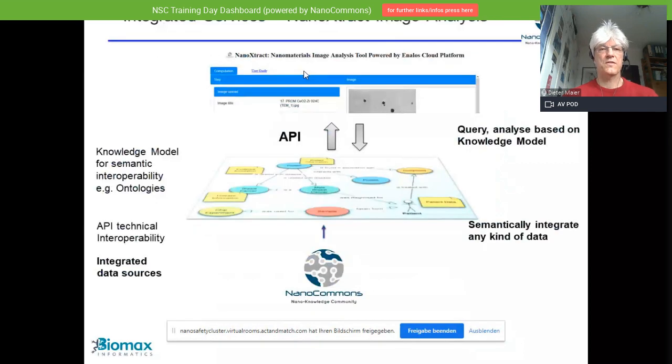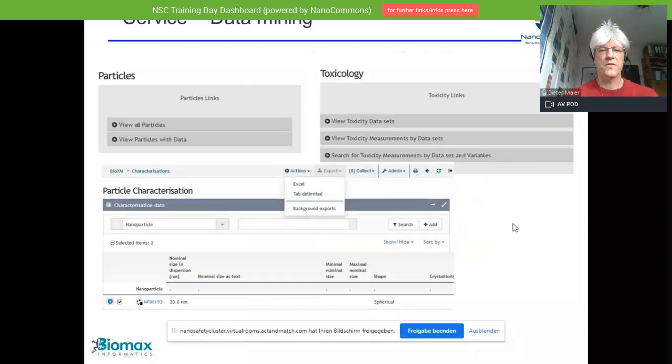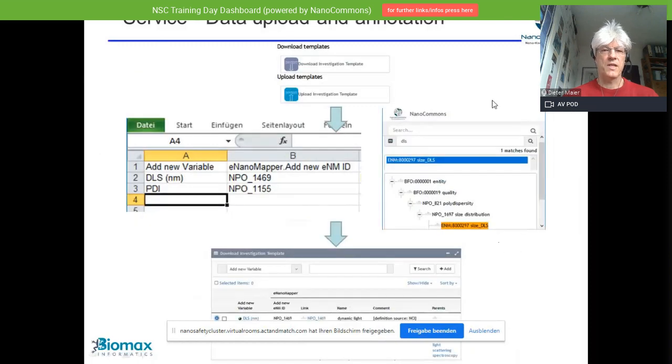The services we're gonna focus today in the training is really the integration of the NanoXtract image analysis. So that's what I'm gonna show live in a second. And just to mention a few more services, there is data mining on the nanomaterials, on the data sets, toxicity data sets, and so on, particle characterizations. There is data upload.